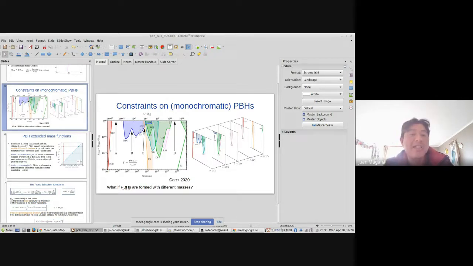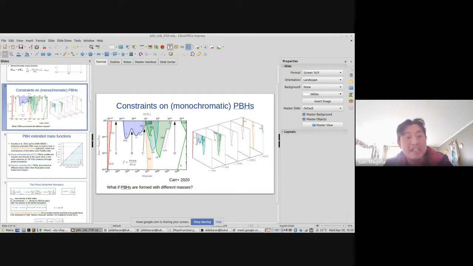But this filter function is sensitive only for this range of masses, for monochromatic mass function. And then to translate this monochromatic constraint to extended one, we use this filter function, but